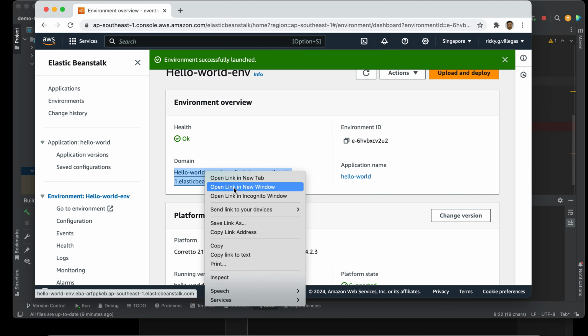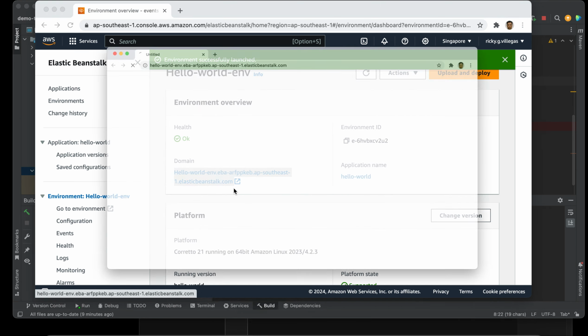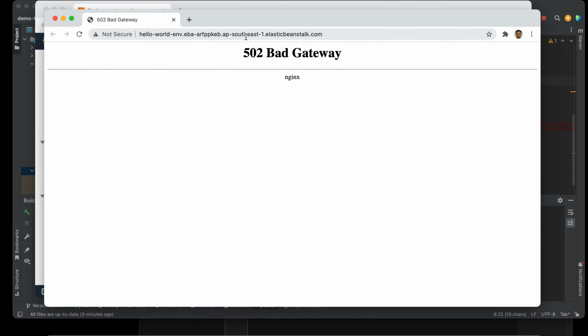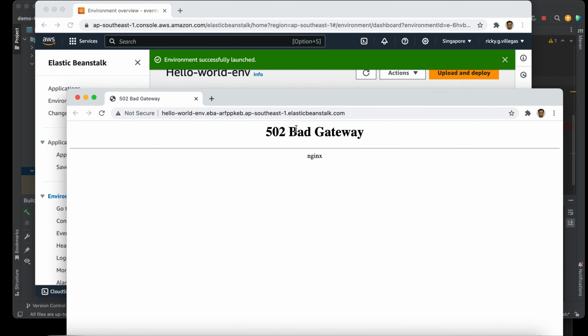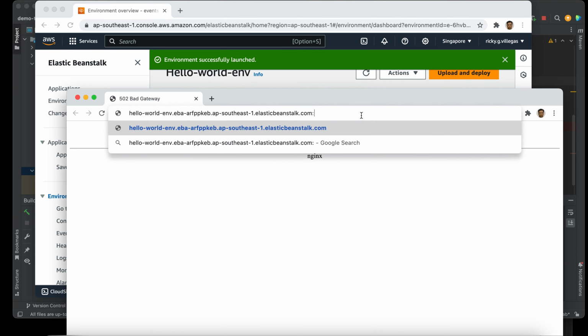Let's open this in our browser. So yeah, it's a 502 gateway error. It's because we are accessing using port 80, which is not enabled. That's why we will use 8080.